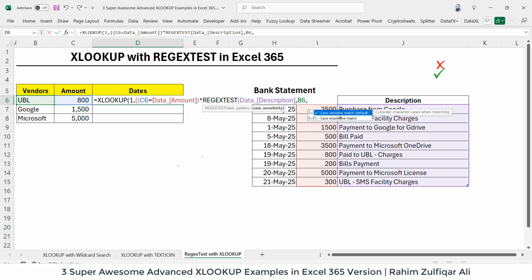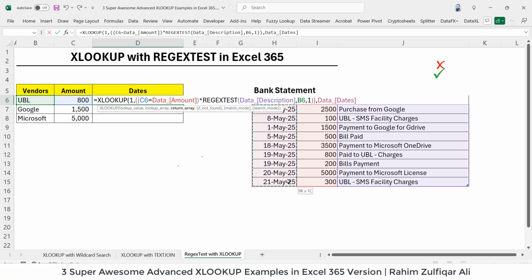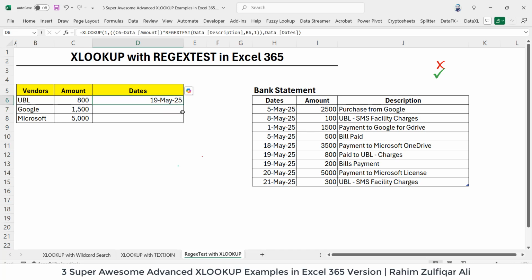There are two options available, case sensitive match by default, and 1 for case insensitive match. So we'll go with that. Then close the bracket of this function, and then comma, return array. What we require is the date column, so we'll select that